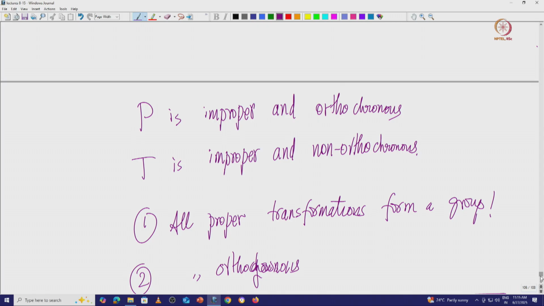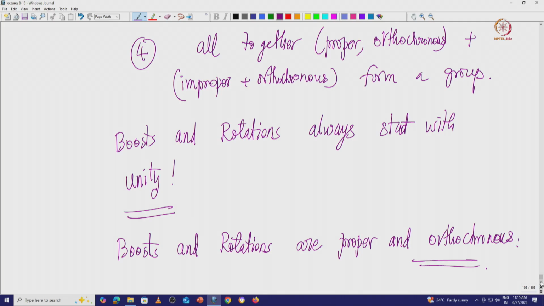So this becomes important to start building infinitesimal boosts and rotations, and then looking at generators of the Lorentz group. I'll stop here, and in the next class we will look at the generators of infinitesimal Lorentz transformations, and that will pave the way for representation theory at some point. In the coming sessions we will then see the connection with spinors, which is very nice to see.